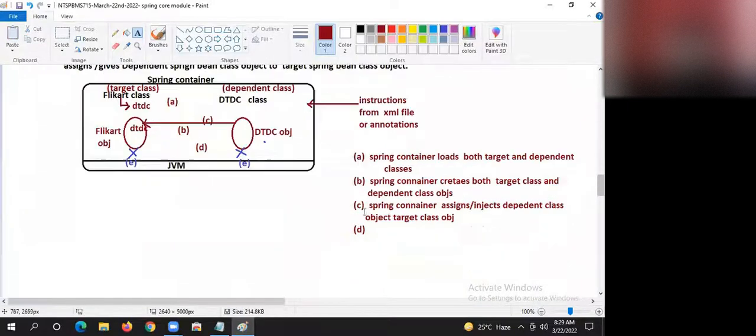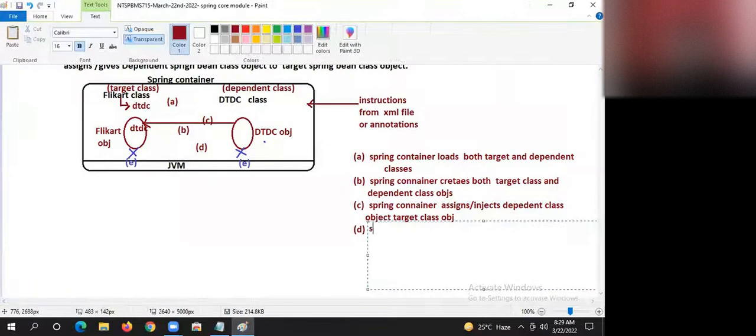D, Spring container manages both target and dependent Spring Bean class objects.